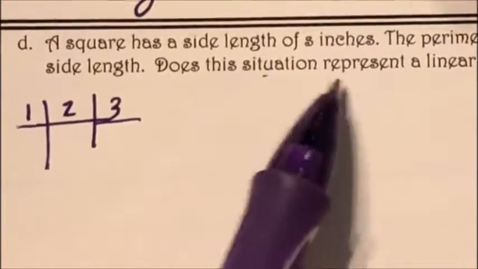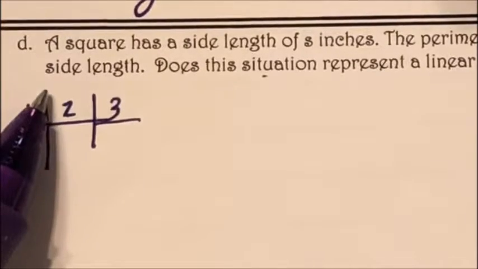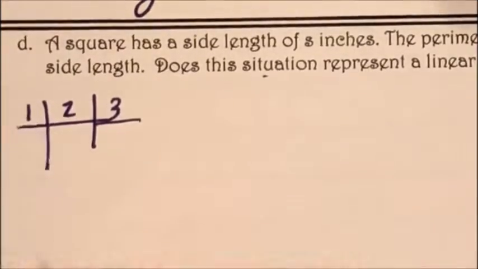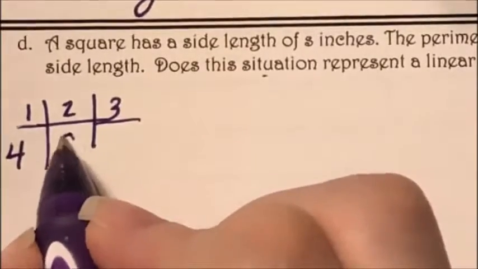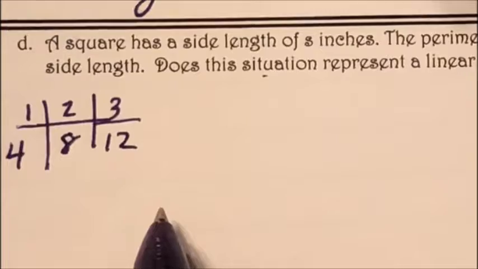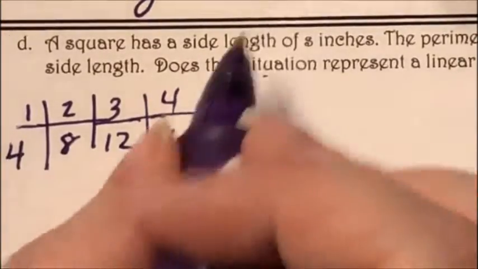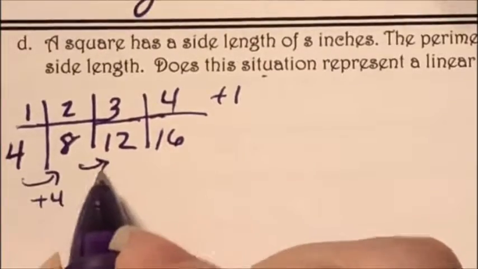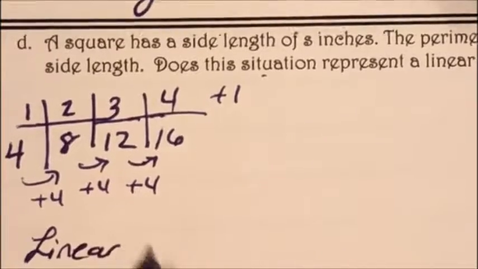The perimeter of the square is a function of the side length, right? For a square, remember I'm multiplying that by 4. So 1 times 4 is 4. 2 times 4 is 8. 3 times 4 is 12. 4 times 4 is 16, and so on and so forth. This goes up by 1 each time, and this, I add 4 each time. So this is a linear function